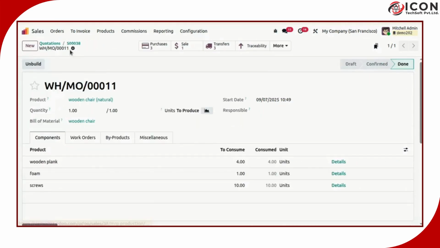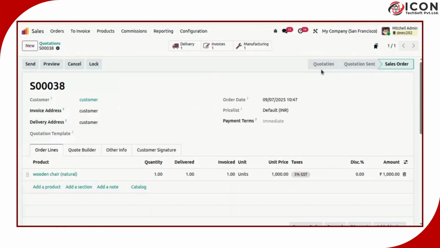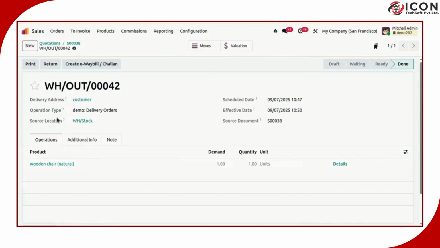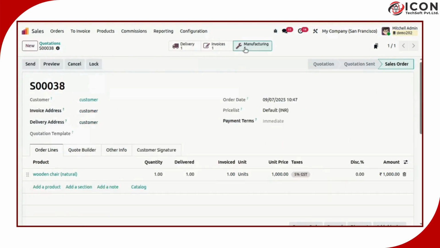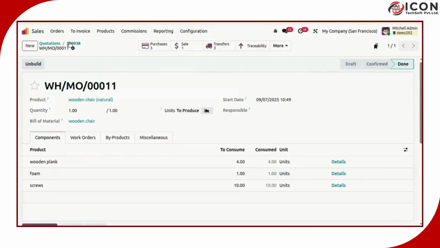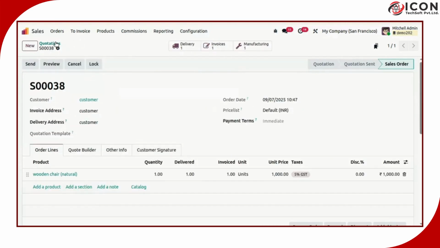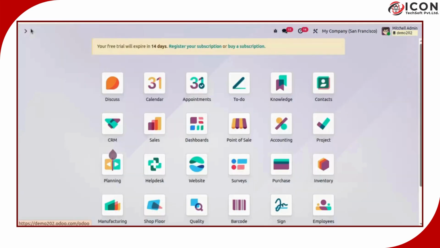Check once again, the delivery is done. After this, invoice and payment are done, and the manufacturing process is also done. So this is how the make-to-order process works in Odoo. It allows businesses to avoid keeping stock and ensure goods are